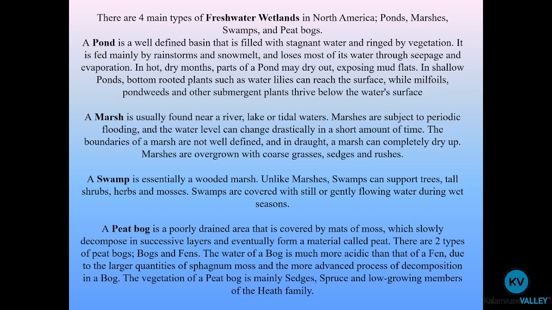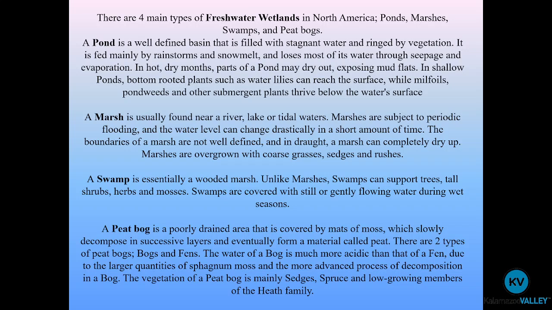whole. Now, you guys know what ponds are, but marshes are a wider area of land, usually near a larger surface water body like a lake or a river or even tidal waters. It's an area that's relatively prone to flooding because it's flat and near a low-lying point. And the water level can change pretty drastically, but it's usually pretty saturated, and most always or most of the year has at least a little bit of water in it above its